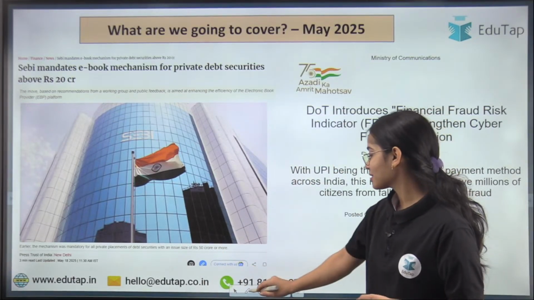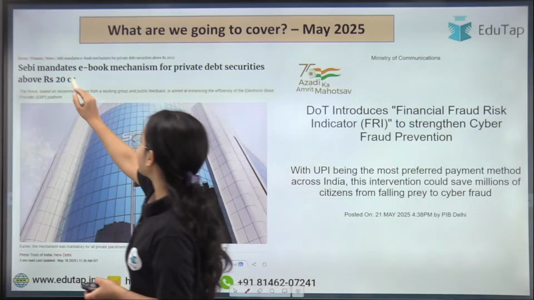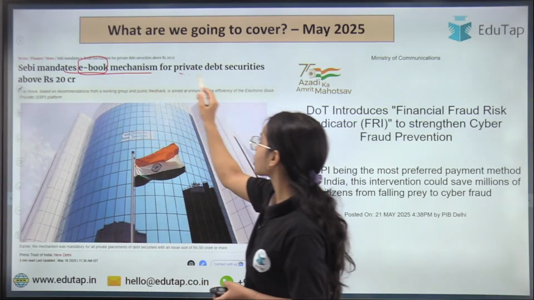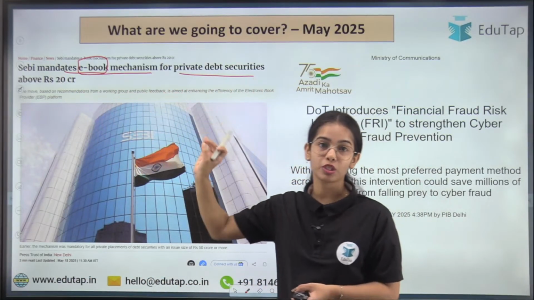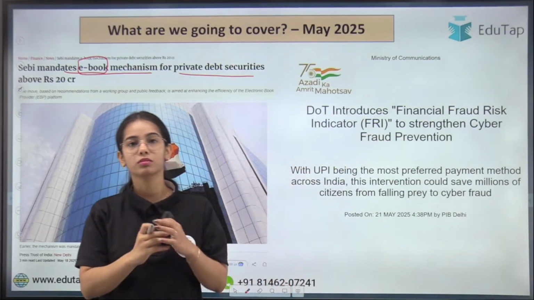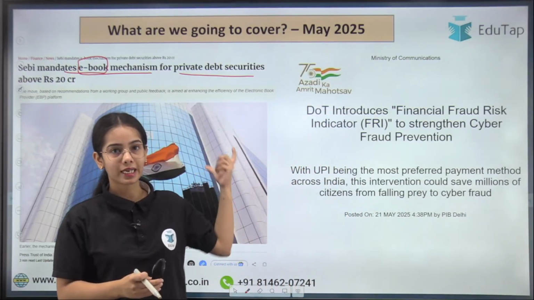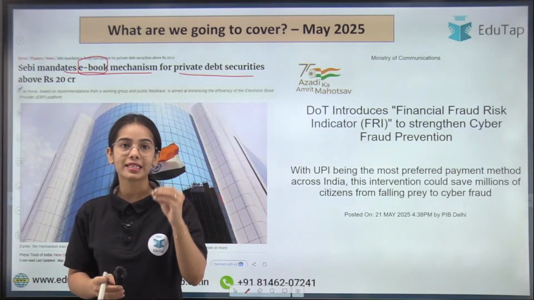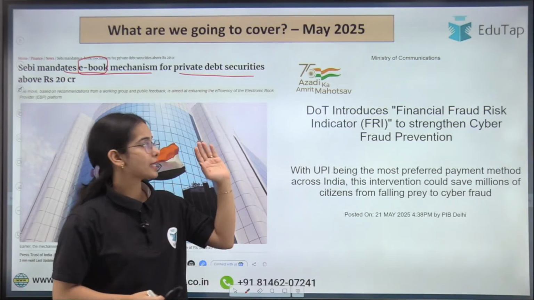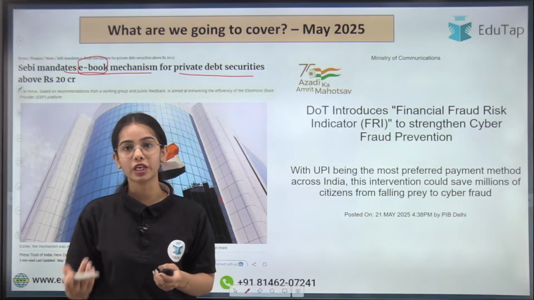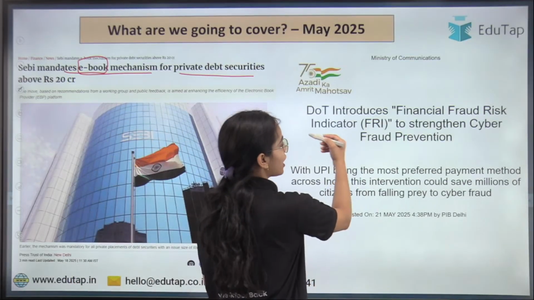So today we are going to discuss the SEBI that has mandated the e-book mechanism for the private debt securities above rupees 20 crore. So the different guidelines we are going to understand in this, that what the SEBI has said in regards to the mechanism. Okay, the second news article is regarding the Department of Telecommunication that has introduced the FRI, that is